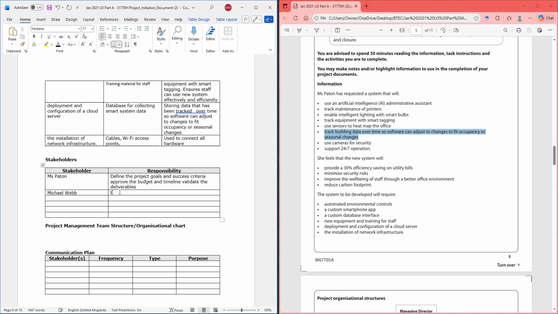So I am going to plan, monitor, and control the project. Then I also will have to manage my team and resources.